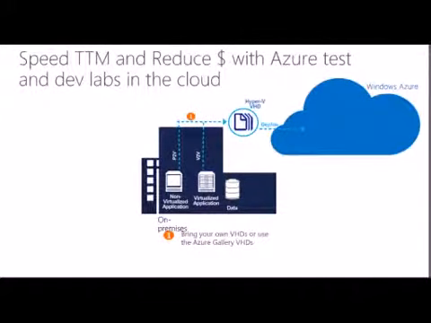So to take that a little bit further, how we do that is to take either our physical machine and turn it, through a physical to virtual deployment, into a virtual hard disk, or we take our virtualized instance, maybe already sat in Hyper-V on premises, and take those Hyper-V images that we can create and deploy those to the cloud.